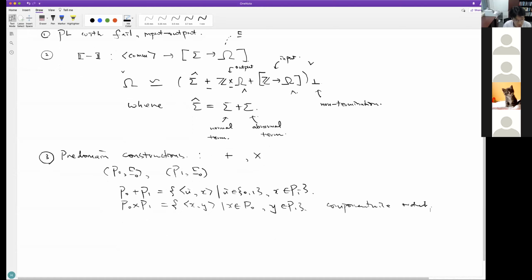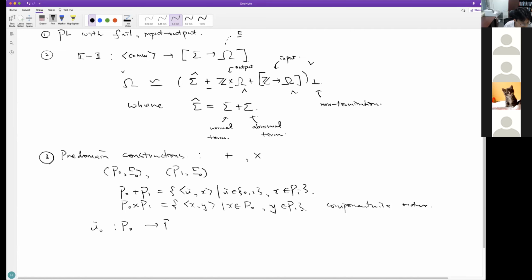And then I told you for each of these domains, it's a bit like a type constructor in programming languages. And these predomain constructors come with a constructor and a destructor. So I talked about two ways, a constructor for each of these cases and a destructor for each of these cases. The constructor for P, this sum, was injections, which I wrote as I0, which is a mapping